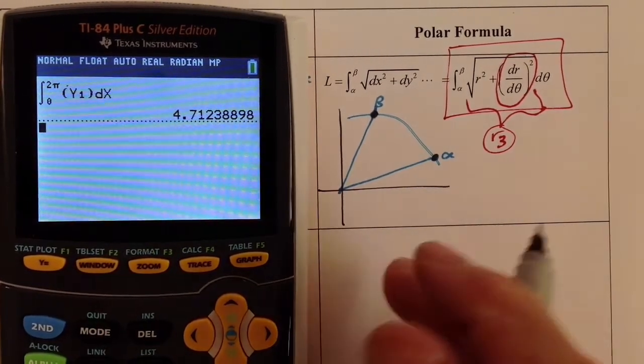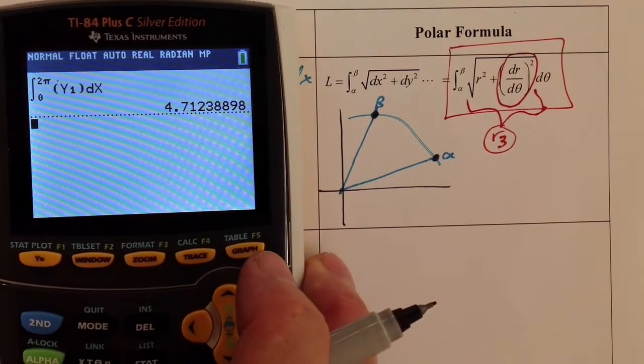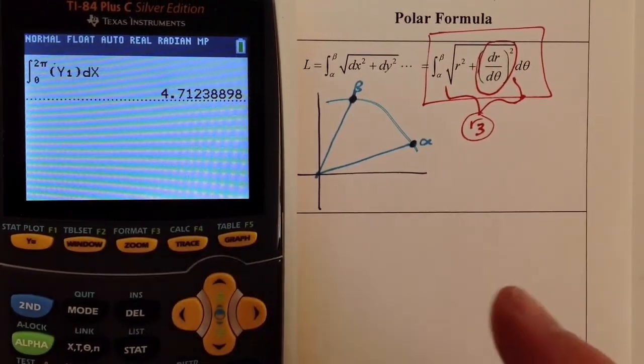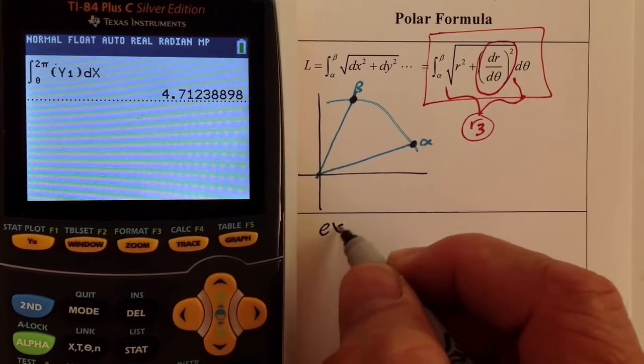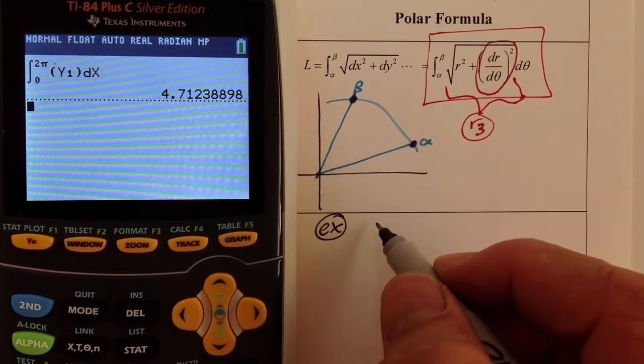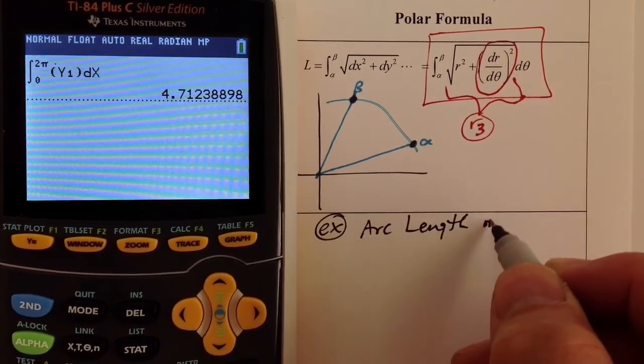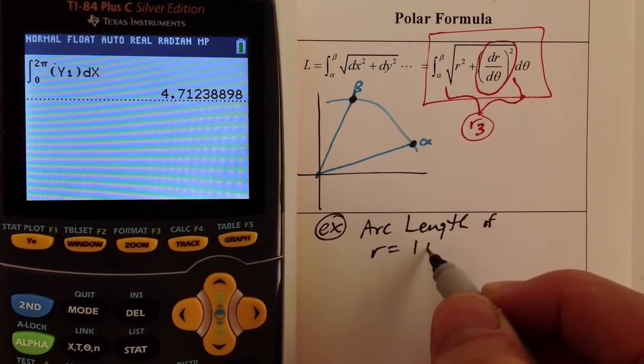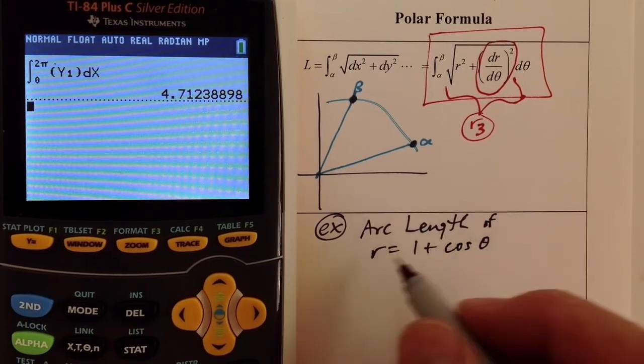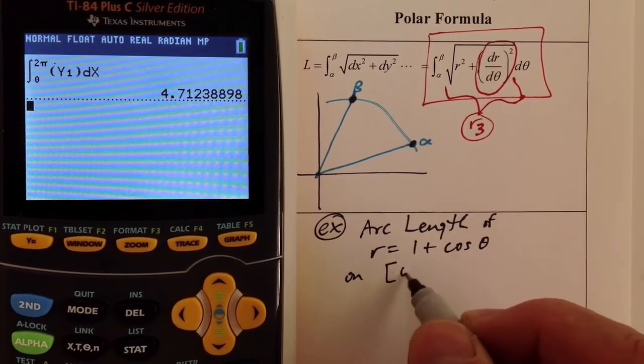And we want to calculate, I want to leave this here, so we're going to put this example down here in this box. Example: calculate the arc length of r equals 1 plus cosine of theta on the interval from 0